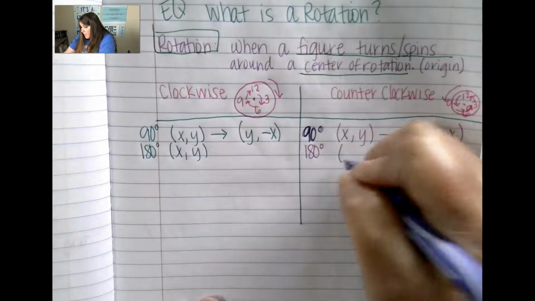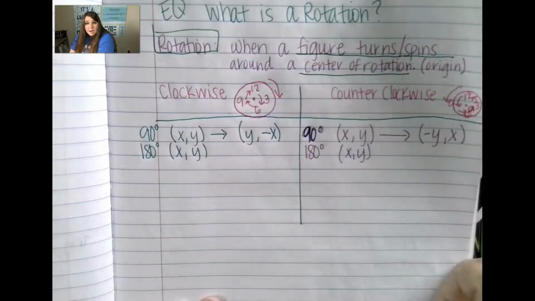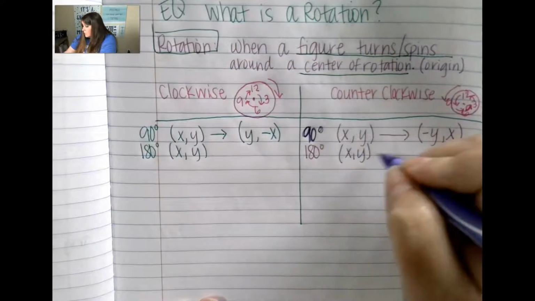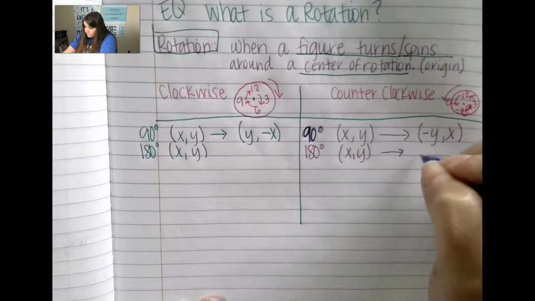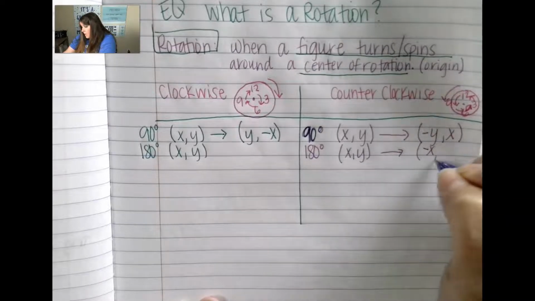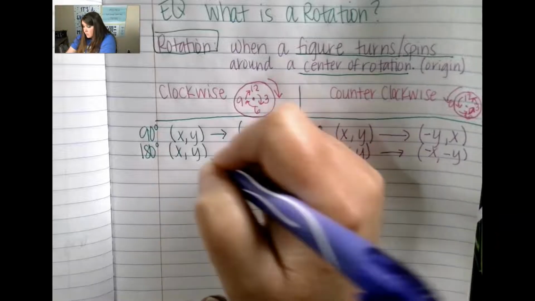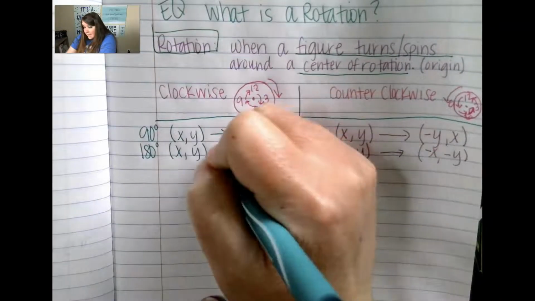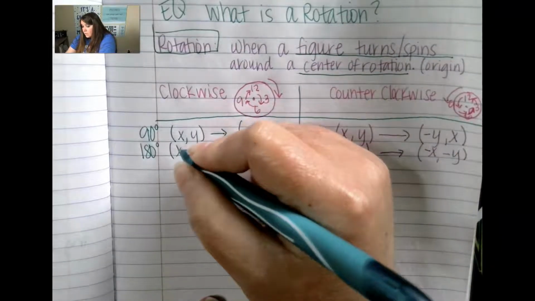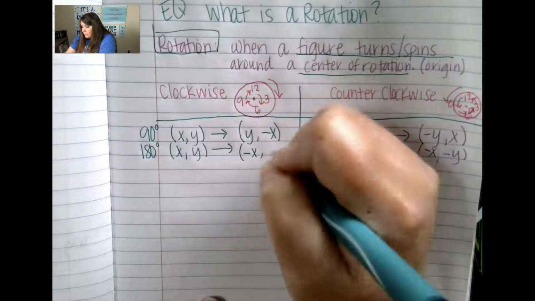So if I start with x, y, I'm just going to do the opposite or upside down from 12 to 6, which means that my change will be a negative, the opposite of the x I start with, and the opposite of the y I start with. Here, again, it's the exact same thing because it's in the same spot on the clock. I started with positive x, positive y. I'm just going to do the opposite